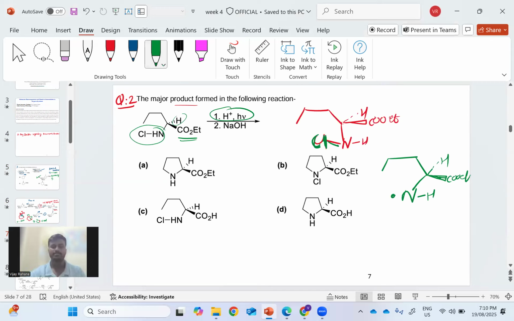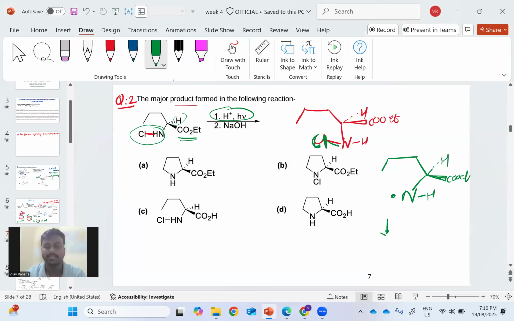So this was the first step, which is radical formation on the nitrogen center because this is the most active bond, and this bond cleaves homolytically, so HCl gets eliminated and it forms the N